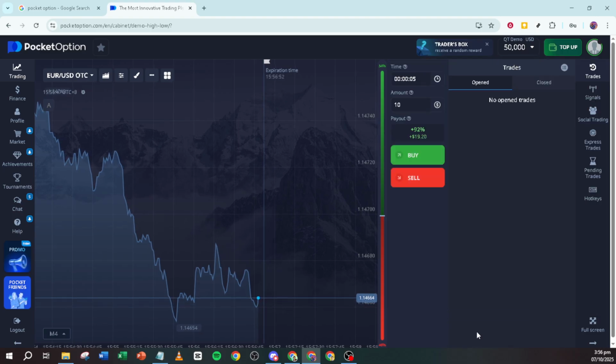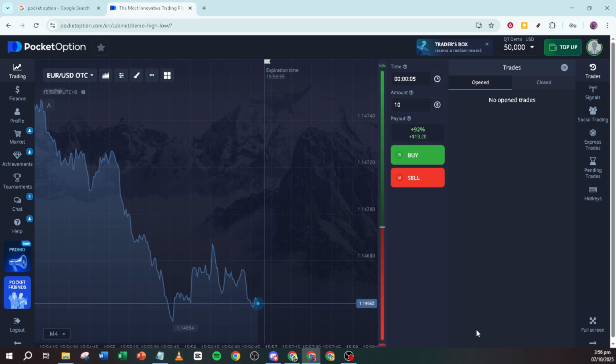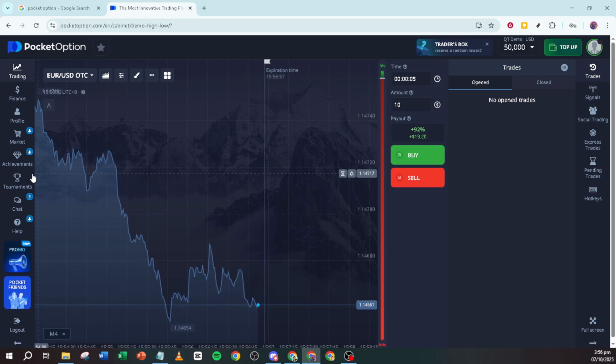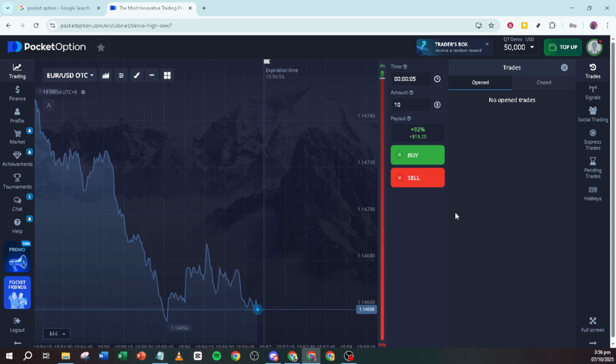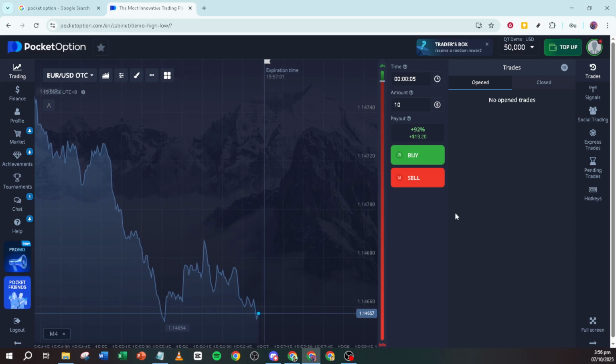Now that you're logged in, take a moment to explore your account dashboard. Here you'll find a variety of options, but our focus will be selecting the MT5 trading platform. MT5 is a robust and versatile trading tool, and by choosing it, you're opening doors to advanced trading capabilities right at your fingertips.